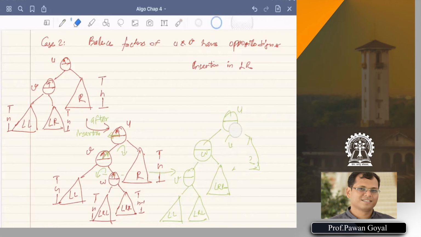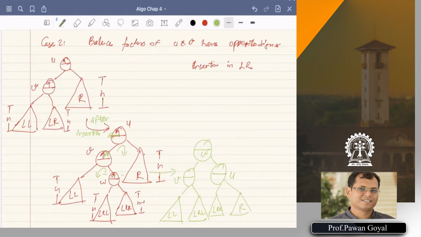U with R, and W had its LRR. U becomes its right child, and LRR goes to the left subtree of U, and R goes to the right subtree of U. So that is what we get after a double rotation.